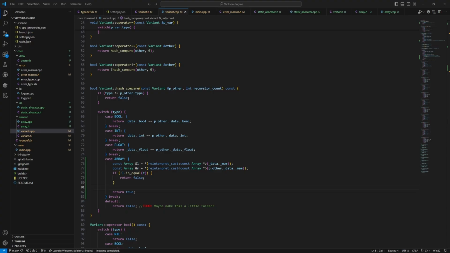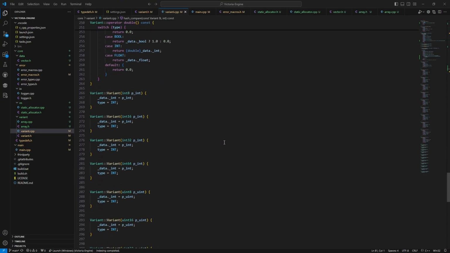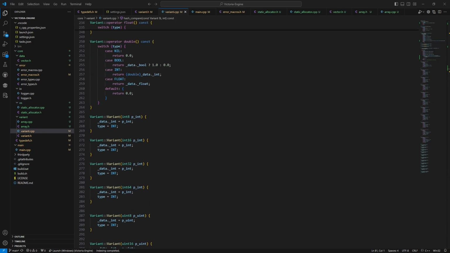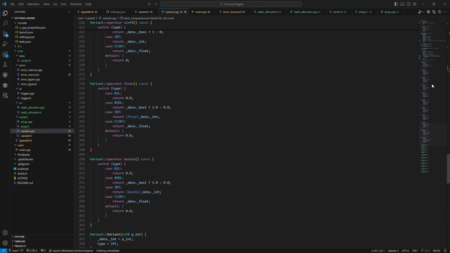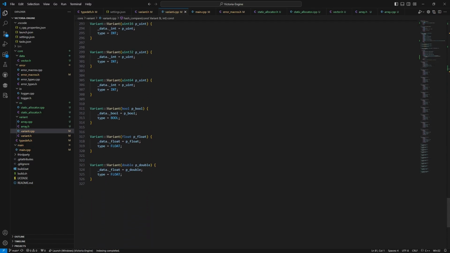Most of the operators here don't really need anything to be added, because by default we haven't supported any of these yet. Most of those will be coming once we add a string library or anything we want there. However, at the end, we are going to want to add our constructor for a variant as an array,